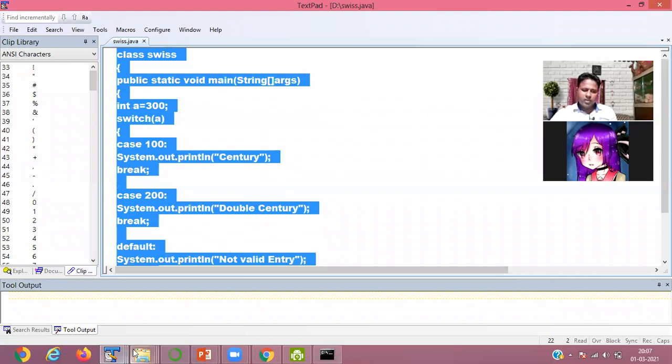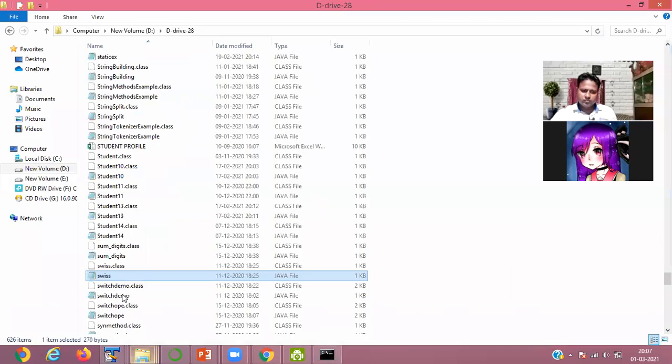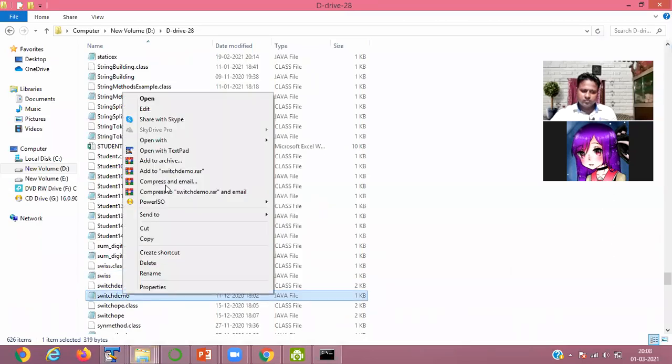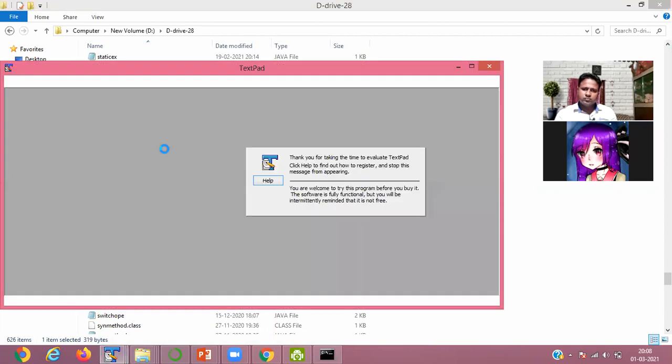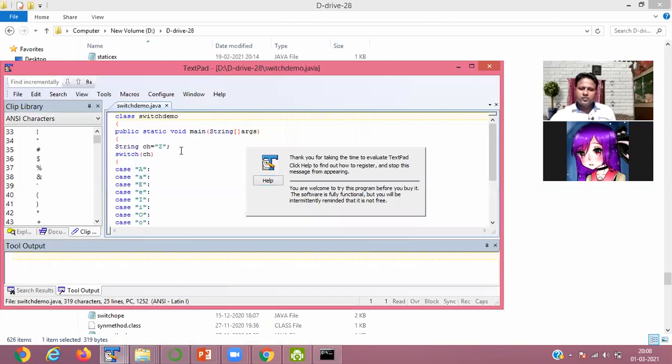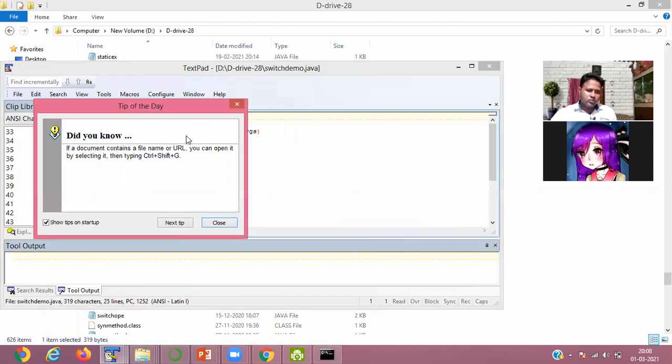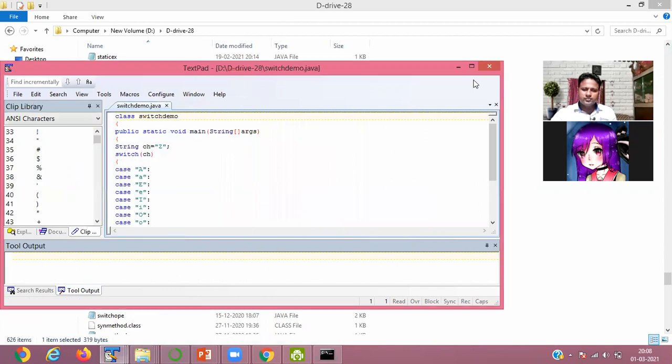Then another program I will show you. So this shows you the vowel or consonant.